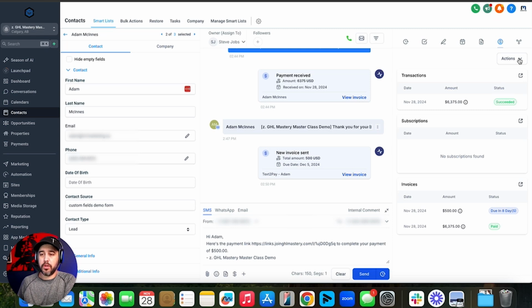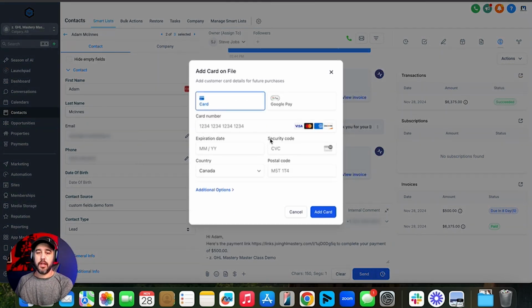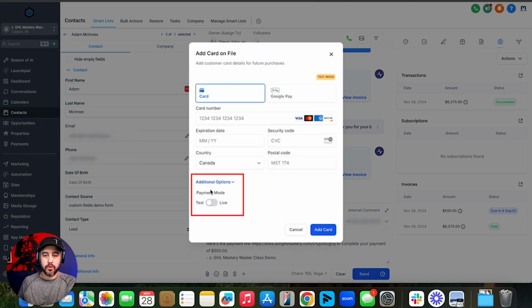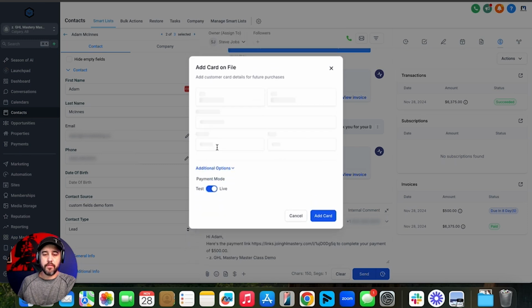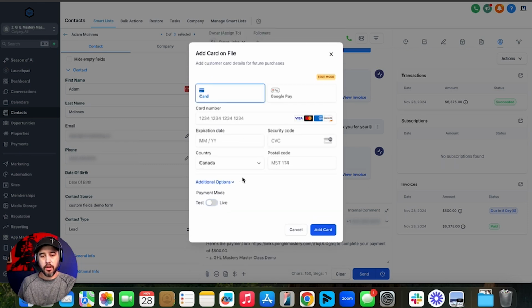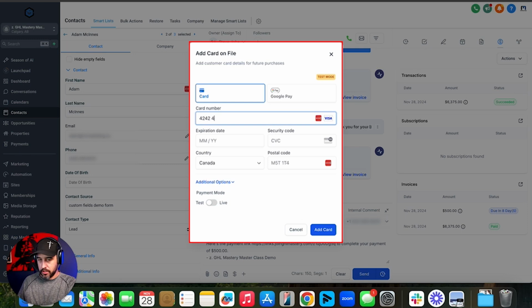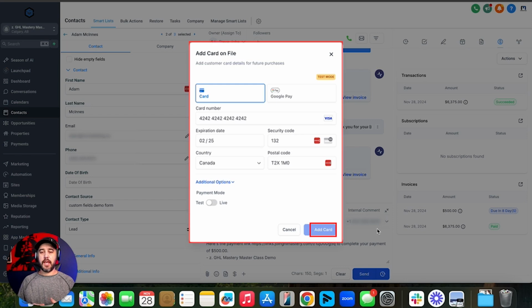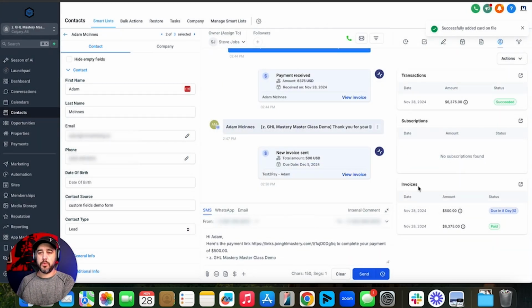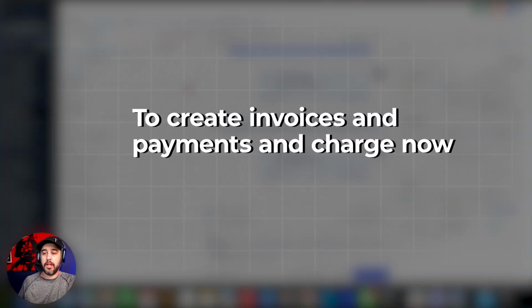But what we're going to do is go to actions and add a card on file. So if you're talking to a customer and they want to get started right away, you can add a new card on file, and then we can add this in test mode or live mode or whatever you want to do here. Obviously if you're adding a real card, do live. If you're adding a fake card, do test. Let's go ahead and add that fake test card. So we're going to add the 424242 card right here, 225123 and a random postal code, and add card. So now this has added a card to the contact record, which we can now use to create invoices, send payments,